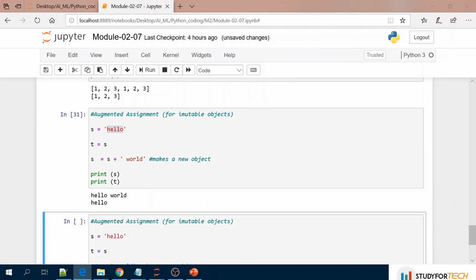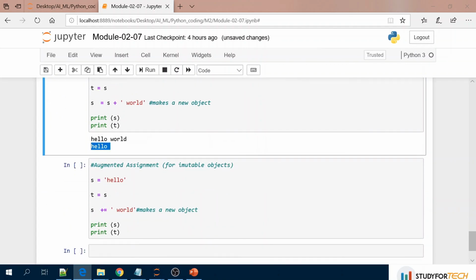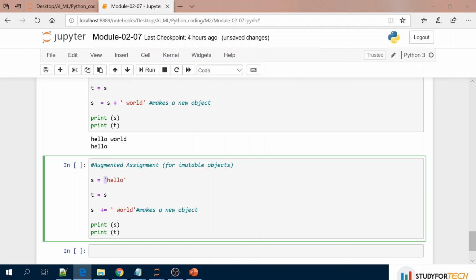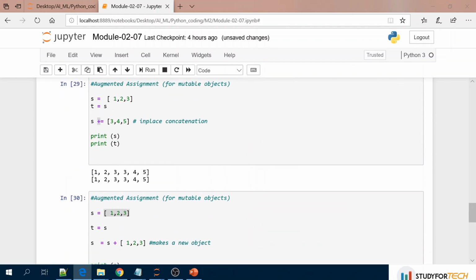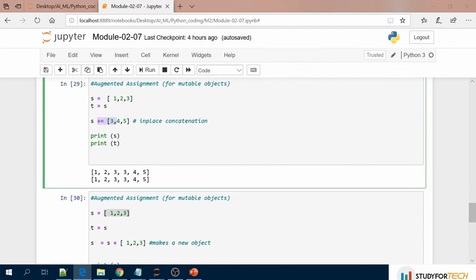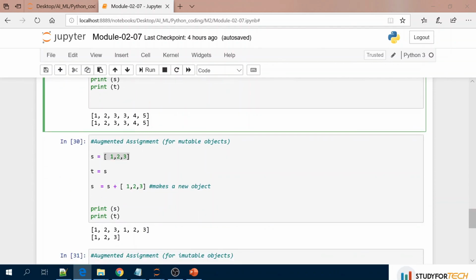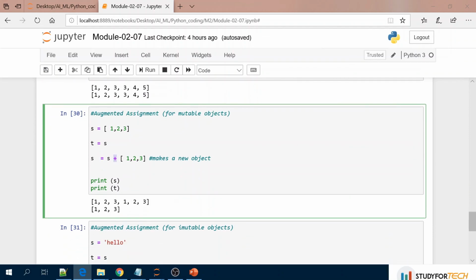Then you can see here s is pointing to the new one, hello world, and t is still pointing to hello. And if you see here, the simple one was there, and here I am doing the augmented one. So see, in an immutable object, simple and augmented have no differences. But if you come to the mutable, which is this list, here the augmented will have a difference. It will have an in-place concatenation, but the simple one will create a new object. So this is the difference you have to identify.